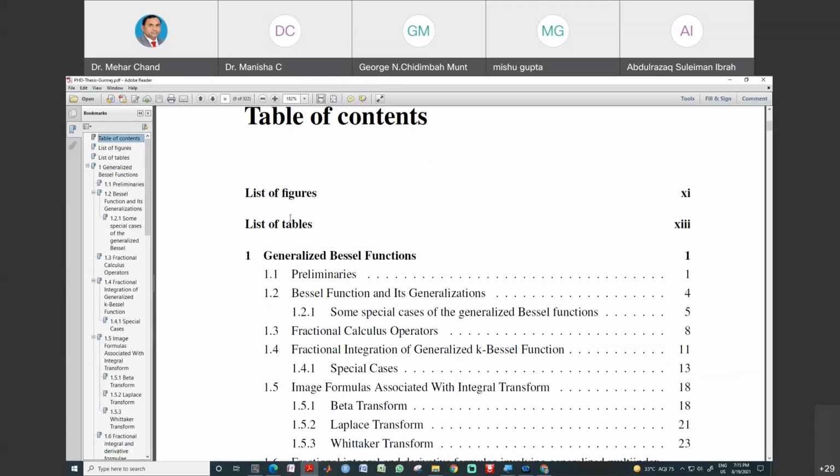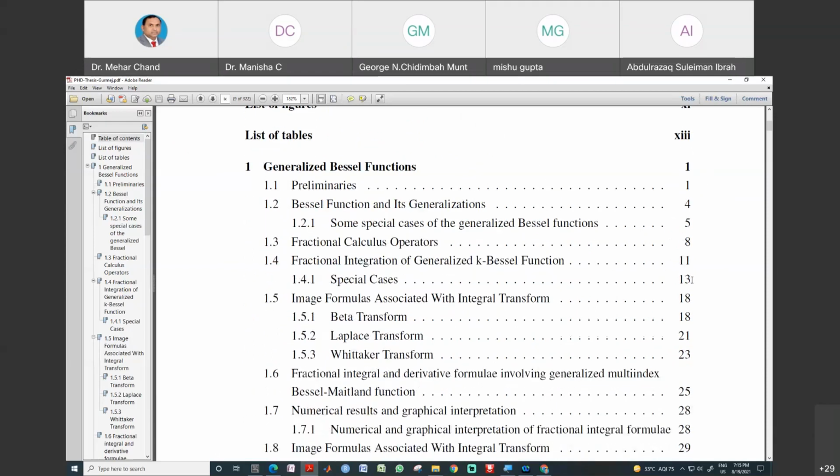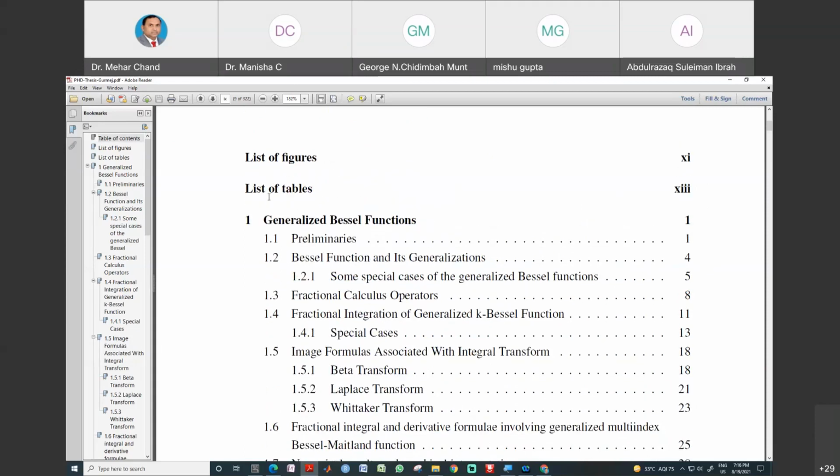You can see here a list of the figures, list of the tables. Then this is chapter number 1. There are headings, subheadings, chapter names, and corresponding numberings. And all these things are controlled automatically. You need not worry about how to manage and fix the numbering and many more. Okay, and you can see the list of the tables. That is also automatically controlled and appears separately.